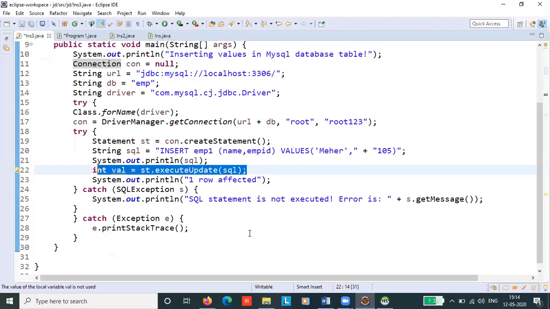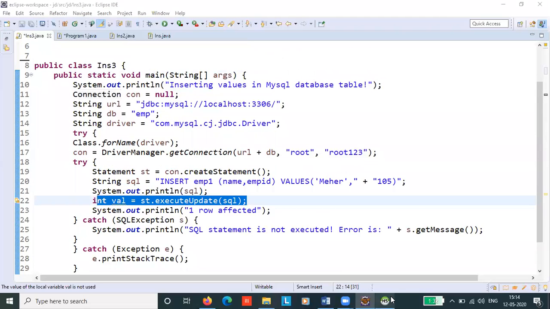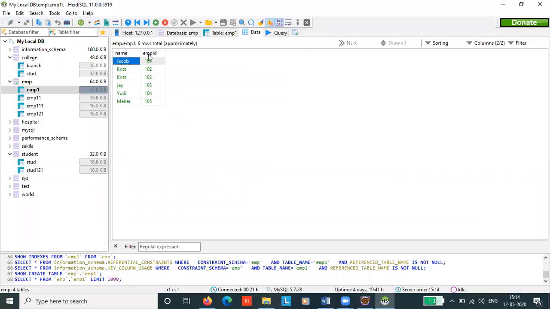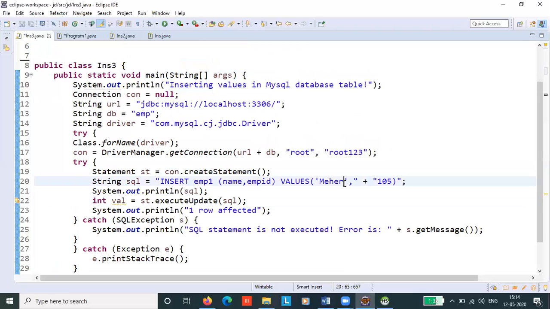Now let us run this program. First, let's check our database. This is our EMP database. EMP1 is the table name. We have so many data available. So let us try to insert a record into our database.